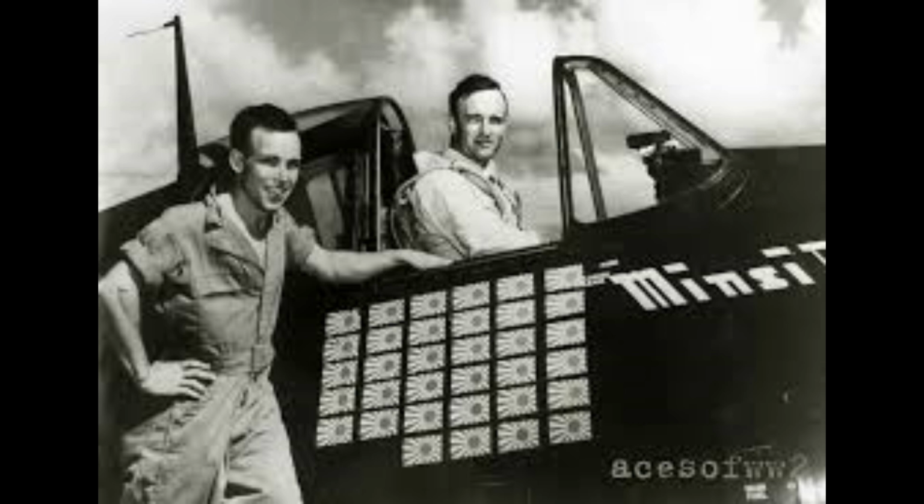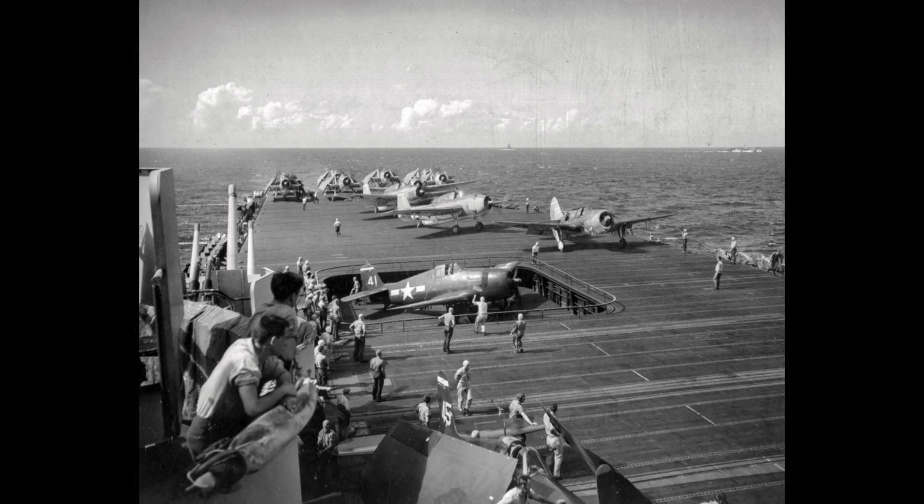Not through single decisive battles, though those matter, not through individual heroism, though that matters too, but through the accumulated advantages of industrial capacity, engineering competence, and organizational effectiveness. The water injection system was one small piece of a much larger machine, but it was a piece that worked. It gave American pilots a tangible, measurable advantage every time they flew. And in a war measured in thousands of sorties, in hundreds of thousands of combat hours, those small advantages accumulated